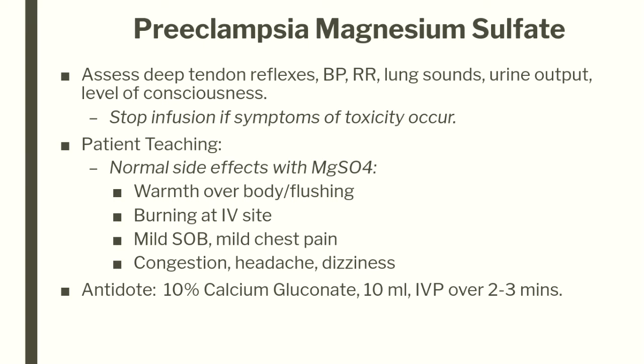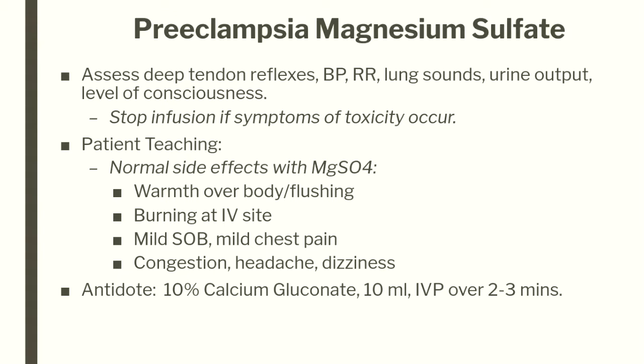Also, it is a central nervous system depressant, right? So it's going to prevent a seizure from happening, but also you're going to warn this patient that it is a muscle relaxant all around. So she's not supposed to really get out of bed and walk around and go to the bathroom, because now she's at risk for falls. So she's most of the time going to be on strict I's and O's, because I want to make sure that her urine output is above 30, and I want to make sure she doesn't get out of bed. So I'm going to be watching, making sure what's going in is coming out. You don't want to give her too much fluid, right?